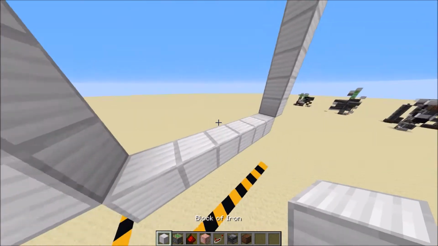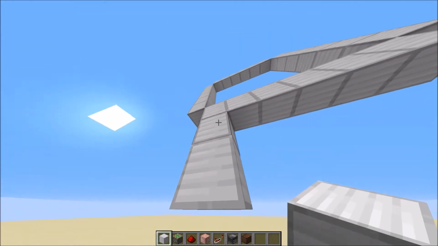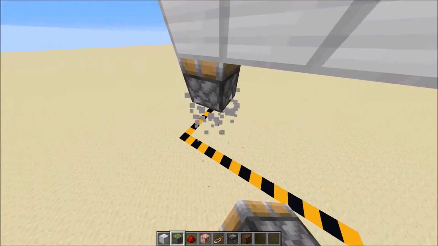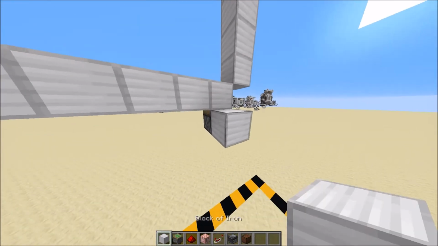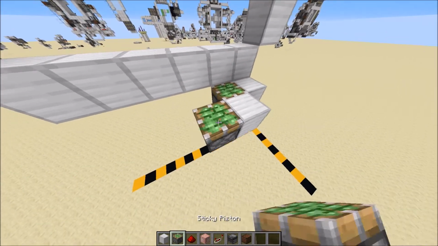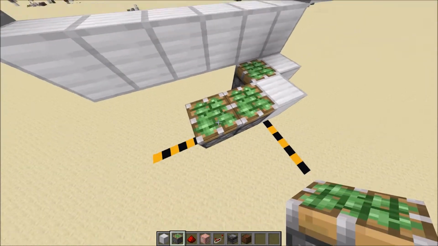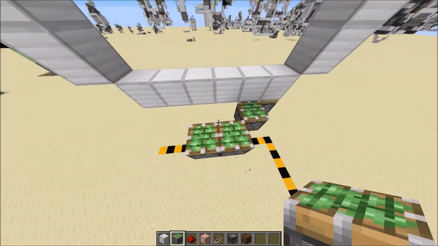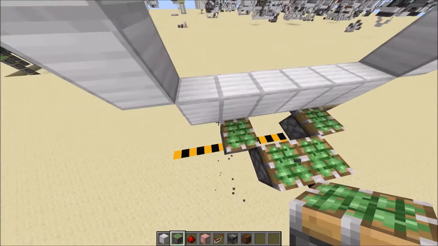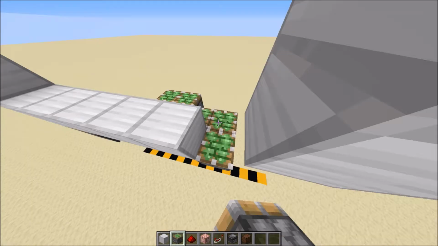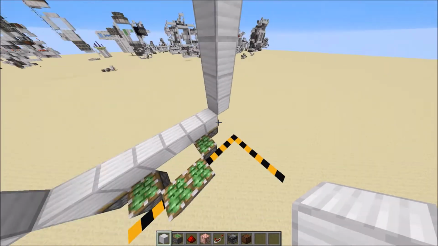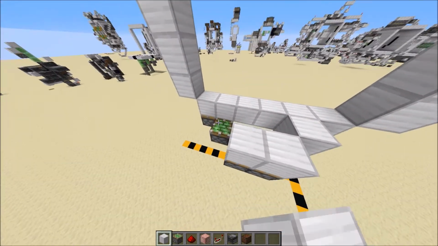So first you want to do is have the piston layout. So we'll just go down by 2 blocks on the most sideways block, the 6th block, and place a piston over here. Then what we'll want to do is go out by 1 block, place a piston over here, go out by 1 block again, and place a piston over here. Then you want to place a piston to the side of that piston and remove these 2 blocks because you won't need them anymore. And then you want to place a piston like this again, and then you want to place a piston like this, so you have a completely symmetrical pattern like that,